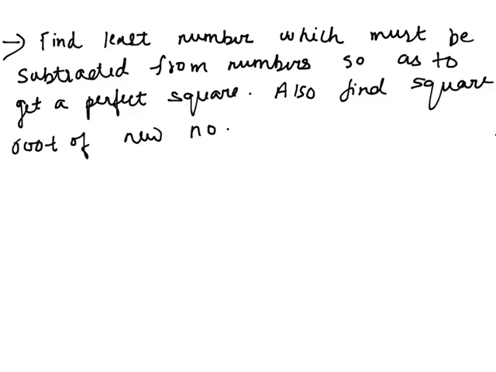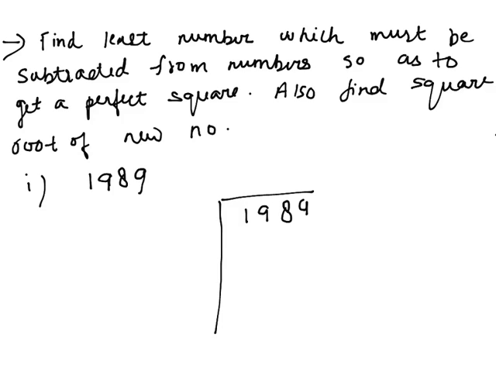Now in this we have a question like, we have to find out a number that must be subtracted from the given number to make it a perfect square. In that case, I am taking the example 41989. So clearly from the question we can guess 41989 is not a perfect square. So we have to find out a number that can be subtracted from 41989 to make it a perfect square. So let's start, and we have to do it with the long division method only. So the first step is we will start making the pairs.